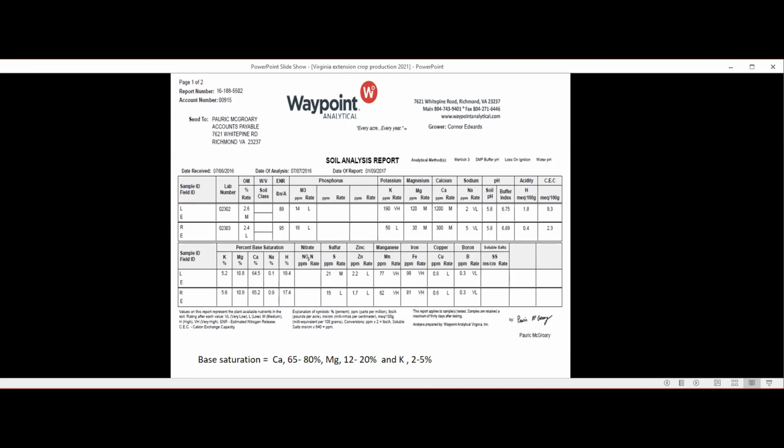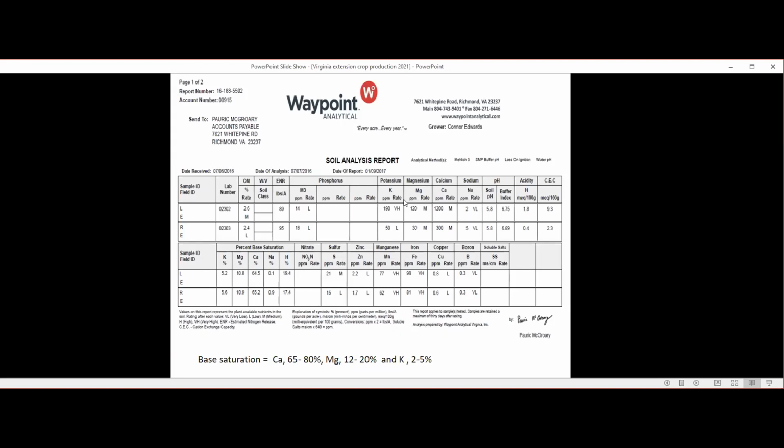The one that you want to be growing the corn crop in is the top one, which is the LE. You can see again, both of these have the ideal base saturation ratio. But the one on the top has 190 ppm potassium, 120 magnesium, and 1200 calcium. You are not growing a corn crop on 50 parts per million potassium, 30 magnesium, and 300 of calcium. So you can have two soils which have the exact base saturation that you want, but they contain very different nutrient concentrations.